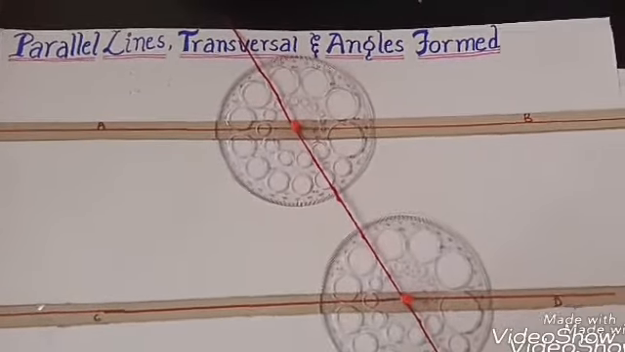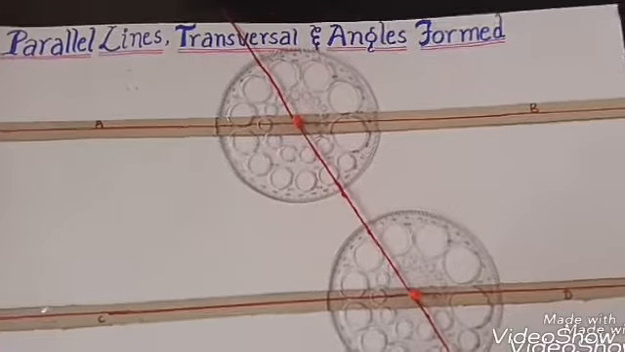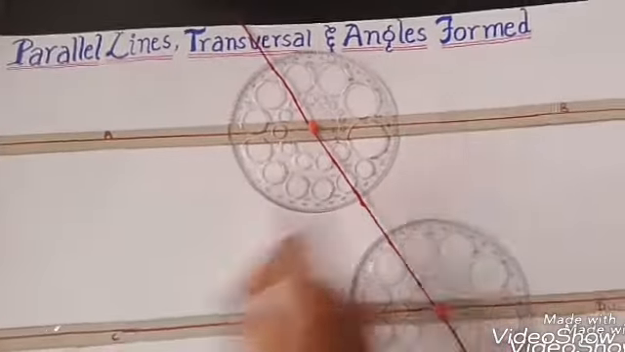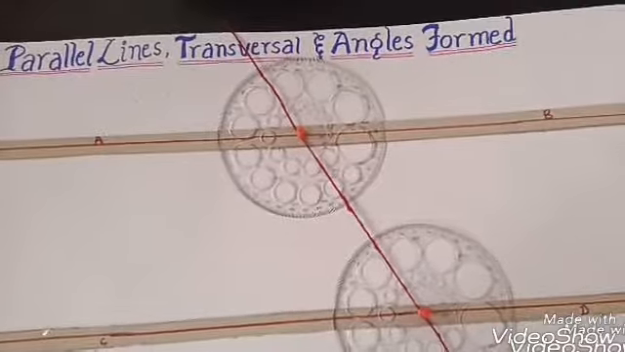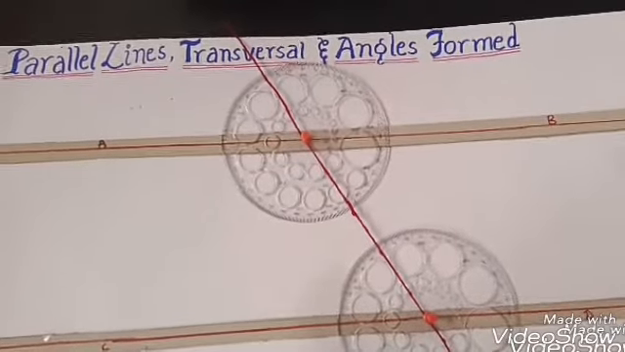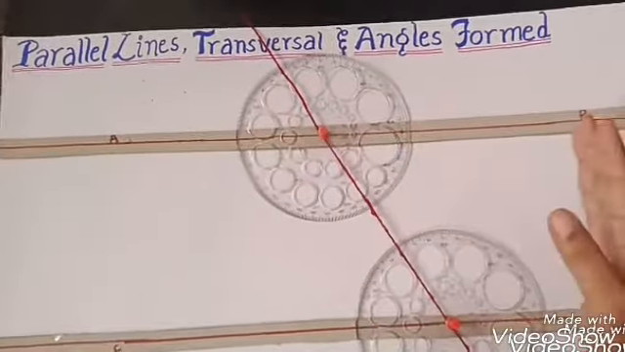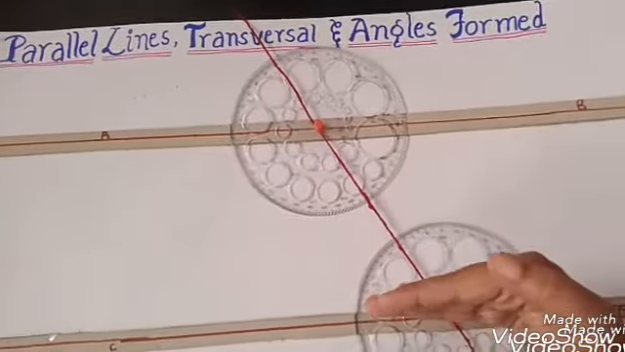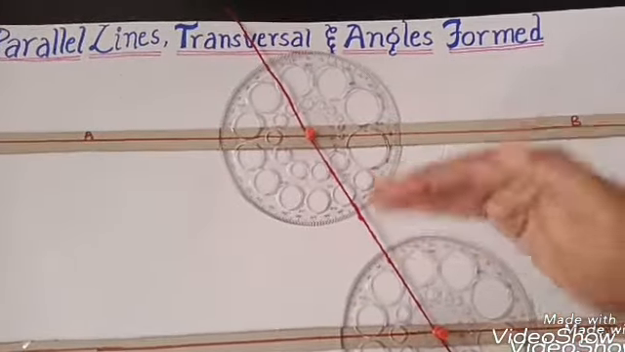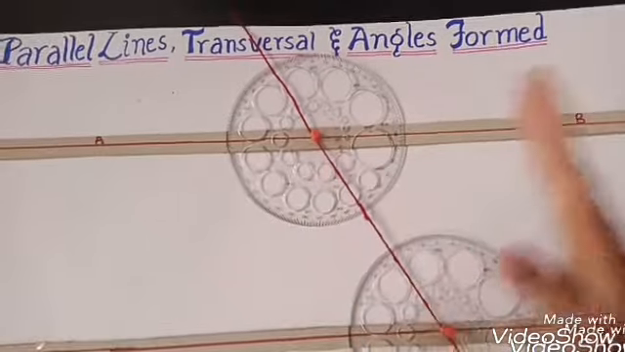Today in this video we'll learn about parallel lines, transversals and the angles formed. You can see here in this model AB and CD. Here AB and CD are the two parallel lines. Parallel lines means the distance between the two lines is the same, so these two lines AB and CD will never meet each other